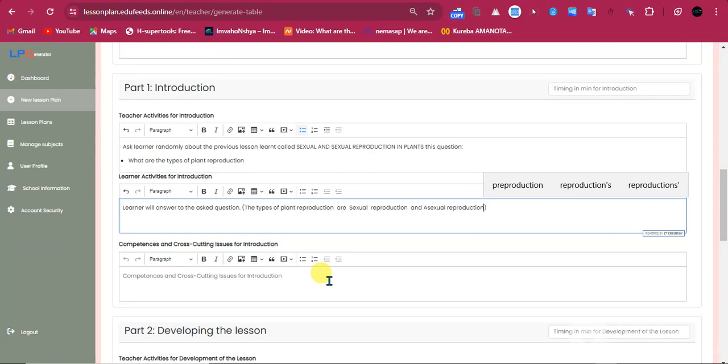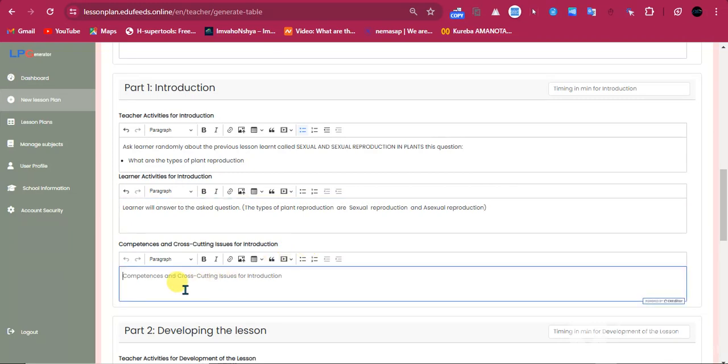So here are represented competencies and cross-cutting issues for the introduction. You may write, for example here, critical thinking, through thinking on the asked question.